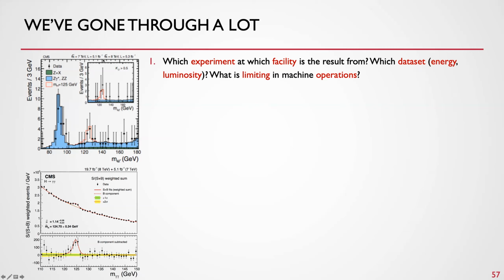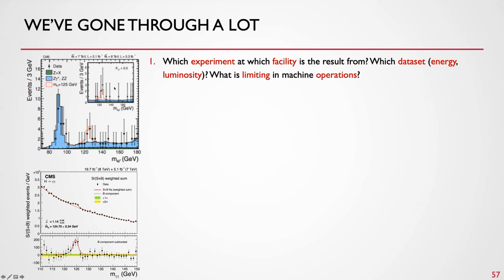You understand the luminosity. It's 5.1 inverse femtobarn. You know that the femtobarn is an area, a unit of cross-section, and that the luminosity is an inverse cross-section. And you know that you can multiply a cross-section with a luminosity to obtain a number of events. Today we've discussed that we have data points whose uncertainty is roughly square root of n. We have a background estimation obtained in this case from simulation, a background subtraction, a signal